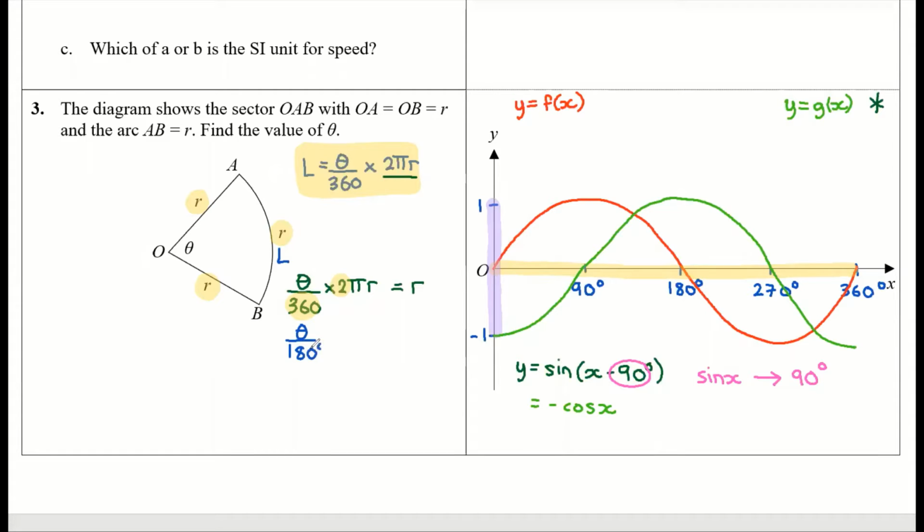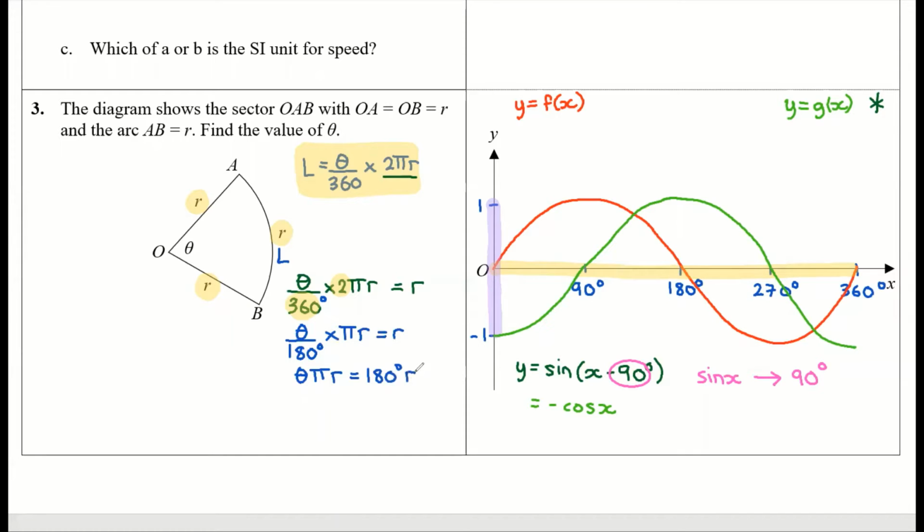And that should be degrees as well. Multiplied by pi r is equal to r. Okay, let's multiply both sides by 180 degrees. So now we have theta pi r is equal to 180